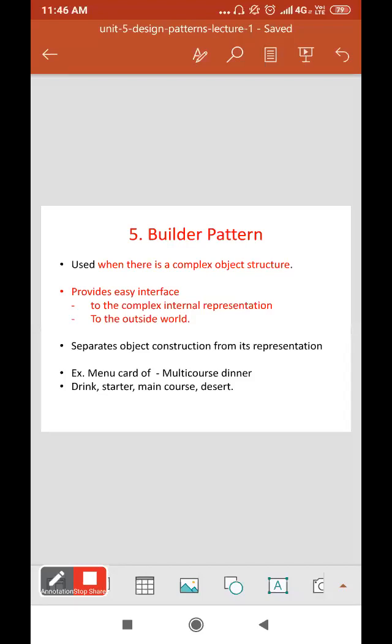If you see the menu card, you can see that it is divided into course types, like drink, starter, main course, dessert. So that is the example of builder pattern. In this pattern also, we are going to design our problem in the same manner.